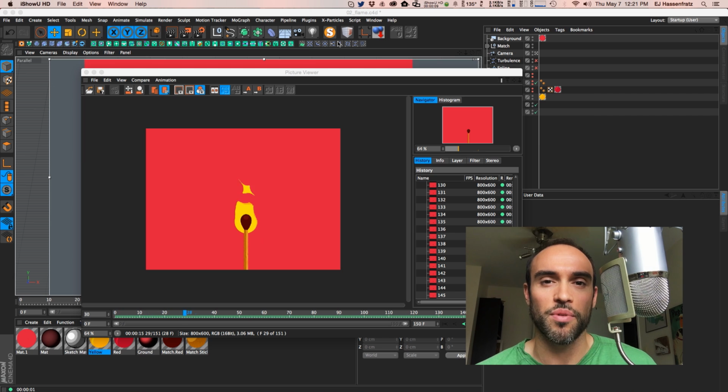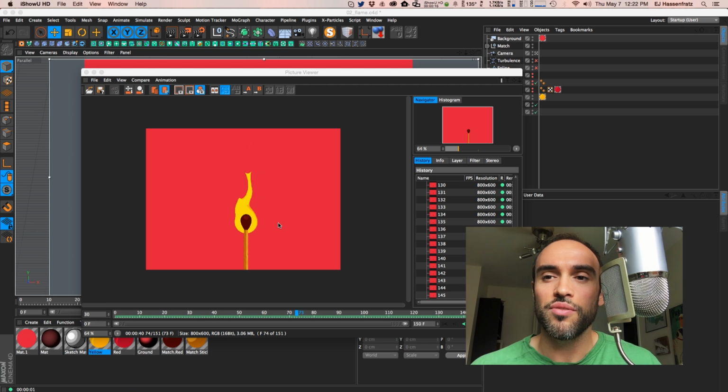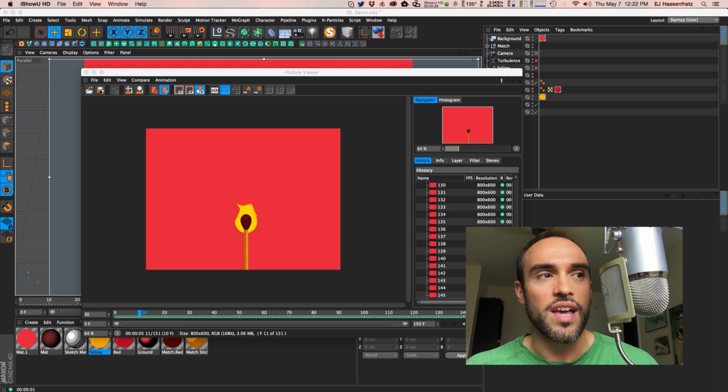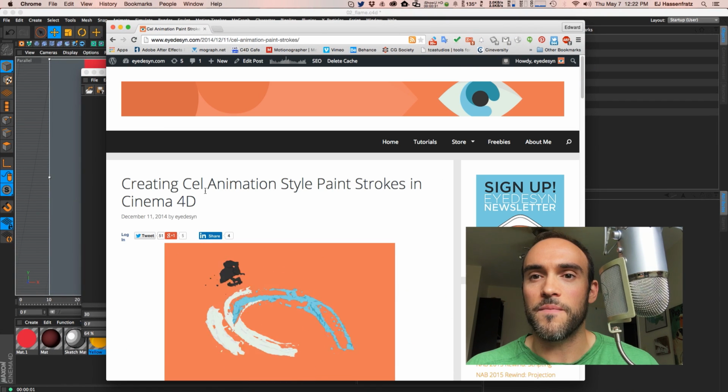We're just going to be playing with 3D fake 2D fire. So you can see right here I made this really cool kind of 2D flame effect inside of Cinema 4D, totally inside of Cinema 4D, and it's got the nice 2D shading and stuff, which I'll go over, but we'll break down how I went over this whole entire workflow, and it kind of follows this, so I have the